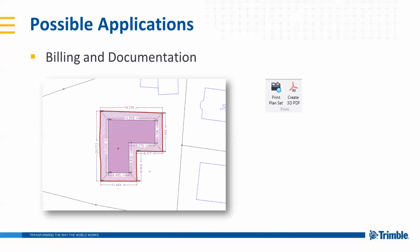Also for the cross sections, you can create nice cross sections for corridors, or even for building pits. If you have a building pit, sometimes the job owner wants to see cross sections with offset and elevations. And that is helping to make a nice as-built plan, as-built documentation that you then export via PDF, via paper plan, or even online. So if you publish your project into Trimble Connect, for example, Trimble Connect is also providing a 3D viewer. So anybody that has access, or you grant access to Trimble Connect, can then have a look into your Business Center project online,